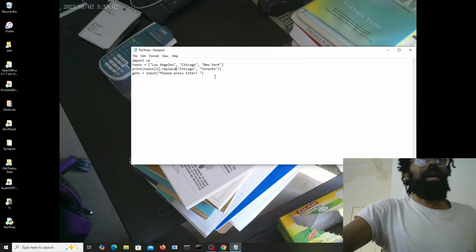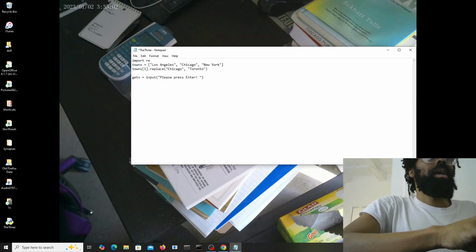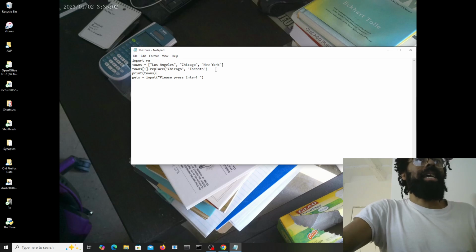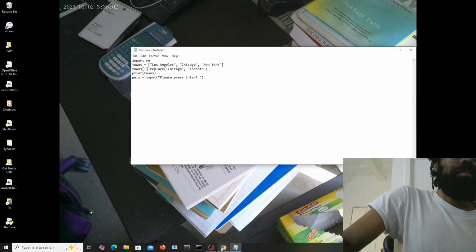So why don't I take this out of here, and take that out of there? Down one place, print towns. This is not Ruby, so that's not gonna work. So print towns, and I saved it.